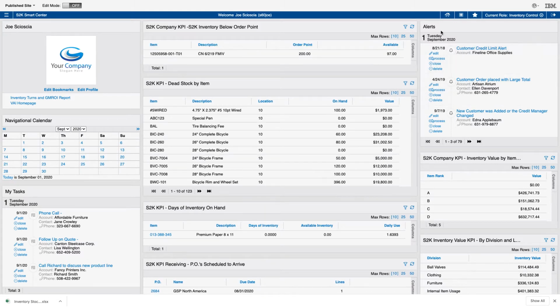Another important widget is the alerts widget. As I mentioned, the alerts are system-driven workflow triggers that are generated from the S2K Enterprise ERP system. So depending on who you are sending these alerts to, they would show up on their homepage in the alert widget. You'll also get an email, but I think it's important if you're going to be utilizing a homepage, you want to see those alerts as soon as you log in, and you'll be able to take action on them. So you can see some examples here. We have a customer credit limit, a customer order was placed with a large total. So there's lots of different alerts. I think we have over 50 alerts that you can set up and assign to users in the back